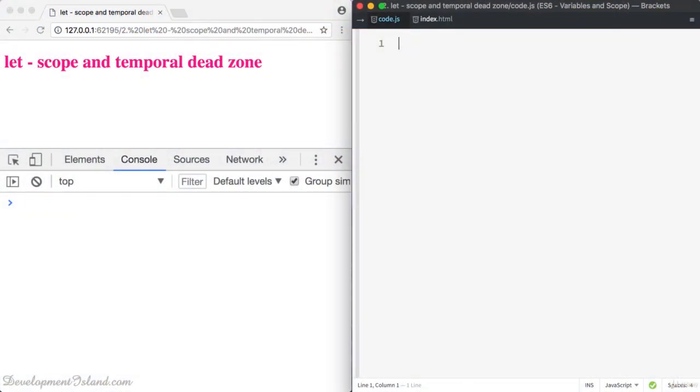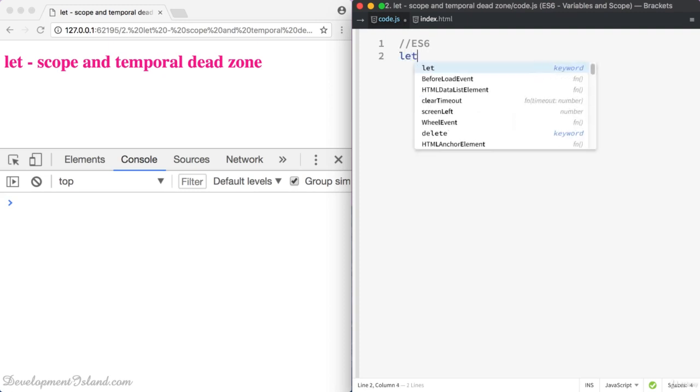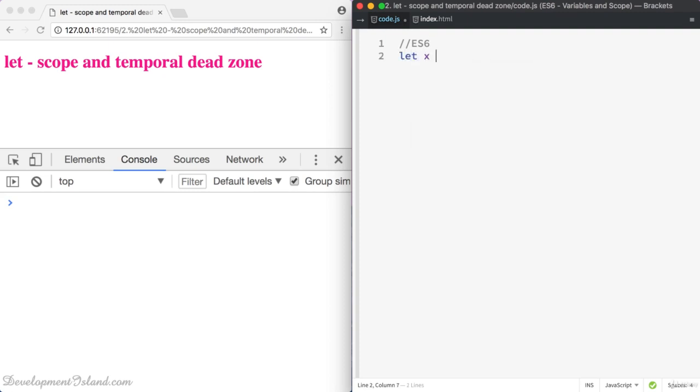In this video, you're going to get introduced to the let declaration in ES6. The let declaration is very similar to the var declaration, but instead of using the var keyword, you use the let keyword like this. Now, there are many common points between the let declaration and the var declaration, but they do differ in many